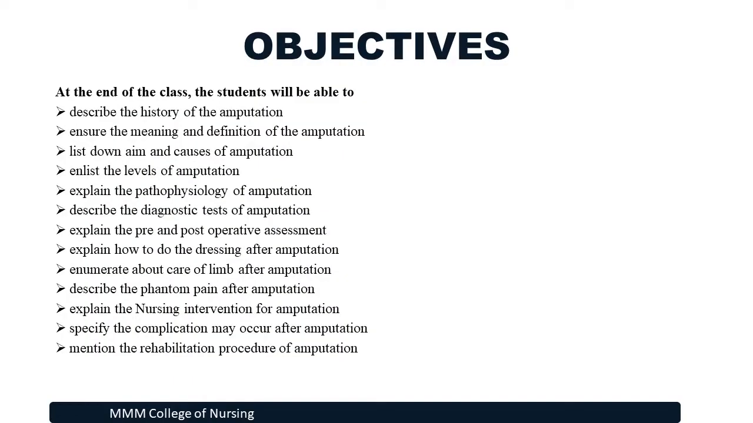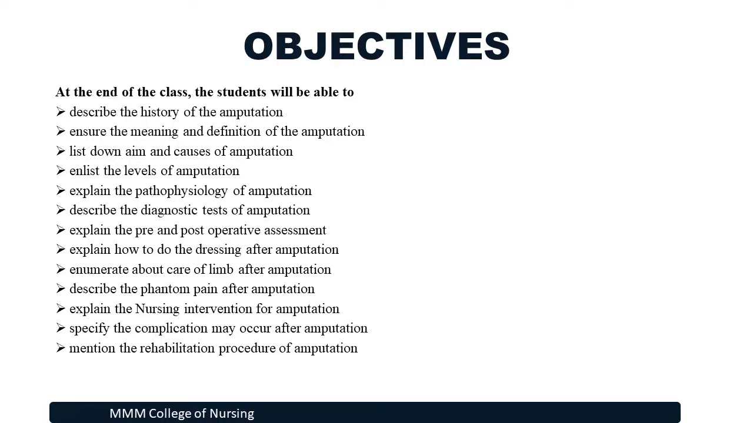Objectives. At the end of the class, the students will be able to describe the history of amputation, explain the meaning and definition of amputation, list down the aim and causes of amputation, enlist the levels of amputation, explain the pathophysiology of amputation, describe the diagnostic tests of amputation, explain the pre and post operative measures,